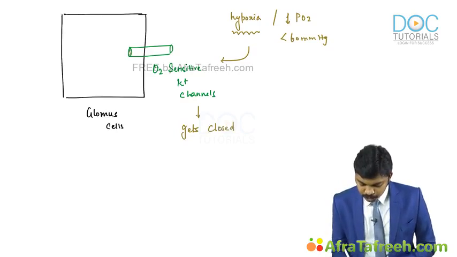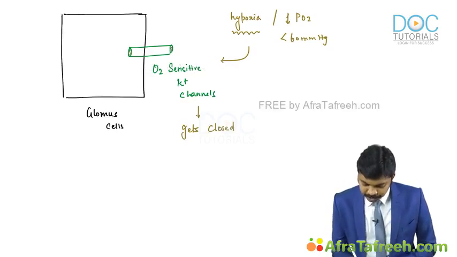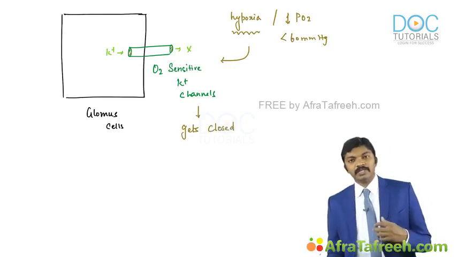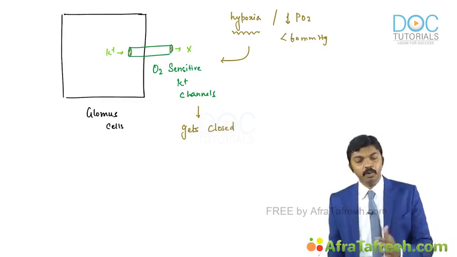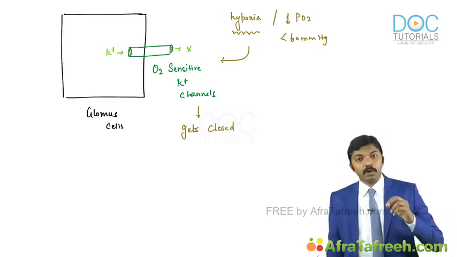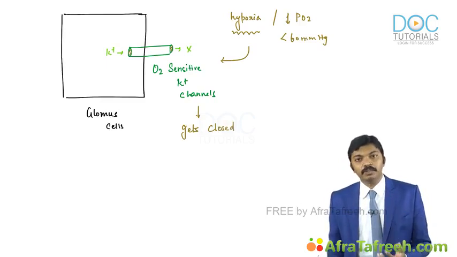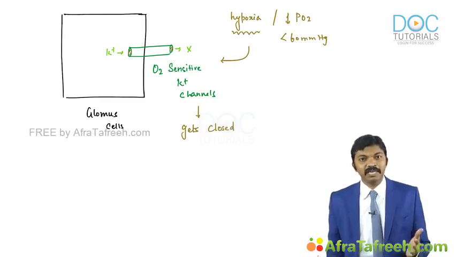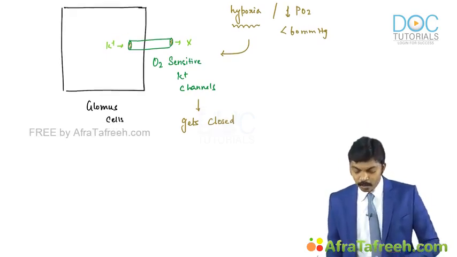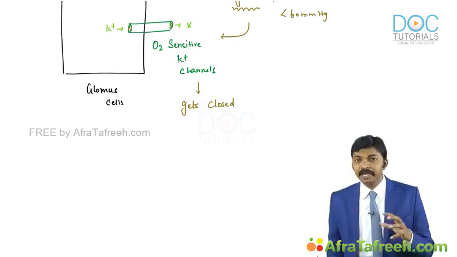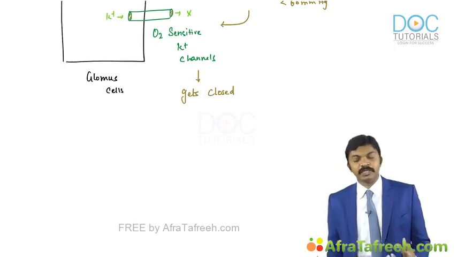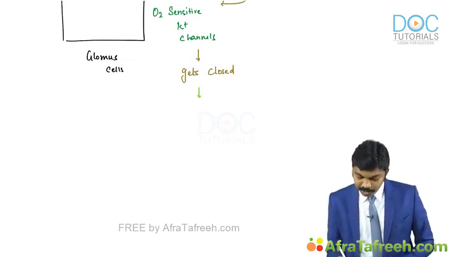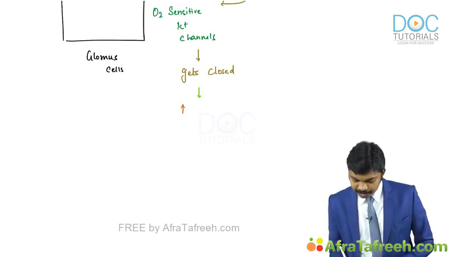Because the channels get closed during hypoxia, potassium will not be able to move out. You know very well, the natural concentration gradient of potassium favors potassium moving out of the cell, isn't it, doctors? Now, as this channel is being closed, the tendency of potassium to efflux out has been arrested. With this happening, potassium gets accumulated within the cell. As potassium keeps getting stuck within the cell, this leads to increased intracellular potassium